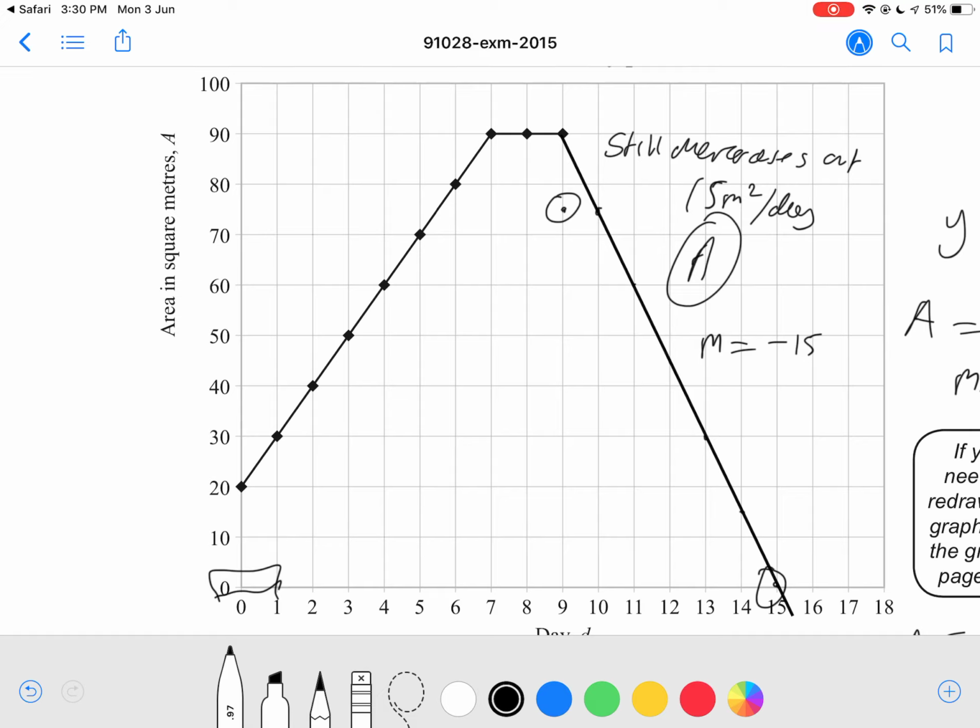So instead of negative 15, we're going to say positive 15 because we're drawing the graph backwards. We're going to say 15 multiplied by 9, and we're going to add the 75 on day 9. Plug this into your calculator, 15 times 9 plus 75 should give you